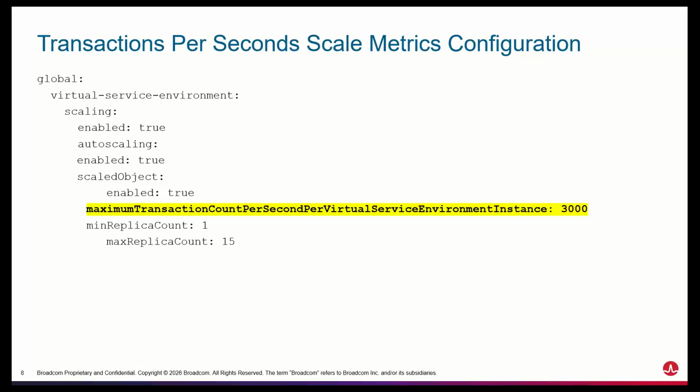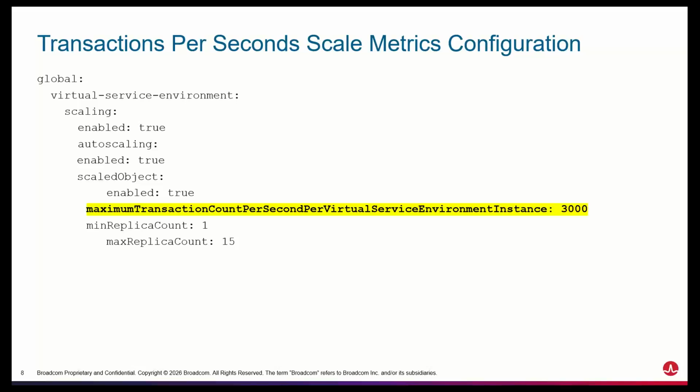We have some benchmarking in our documentation, but eventually you need to know your service and your environment, because it changes from environment to environment: the size of the VSE that you have, the networking that you are running on, the size of the virtual service, the size of the payload that you are using. So eventually you have some benchmark that suits your application, and you need to figure out this number, and then KEDA, automatically and in Kubernetes, will increase the number of pods behind the scenes, allowing you to get